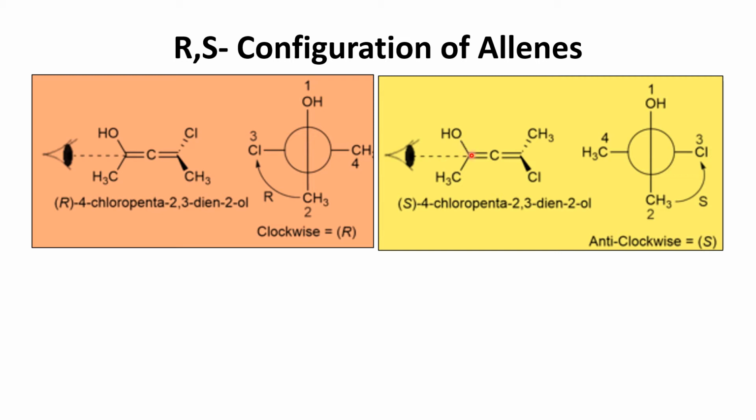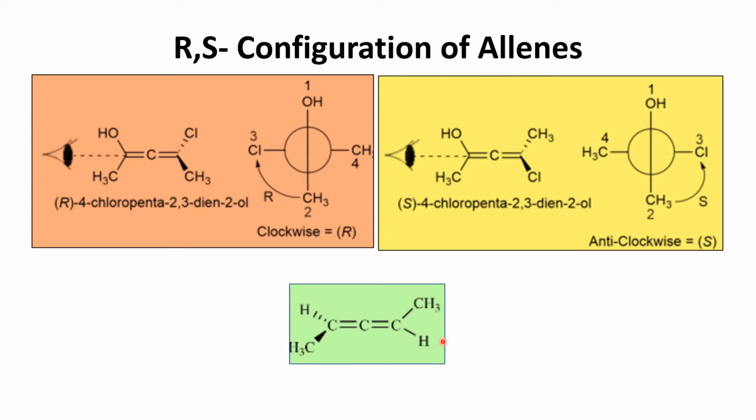As I said, this solid line you have to write as it is in the vertical, and this Cl, the solid wedge, should be on that side, and the CH3, this dashed line, should be on this side. Give the numbers first, 1 and 2, and then write the Cl on that side and CH3 on this side, and give the numbers 3 and 4, okay. So 1, 2, 3 and 4, this is an anticlockwise S.